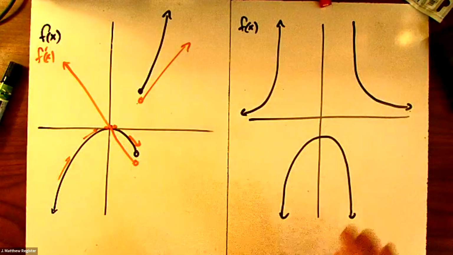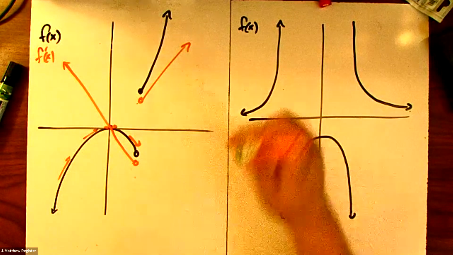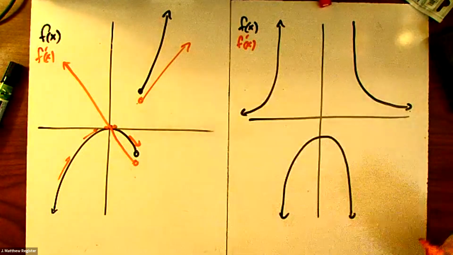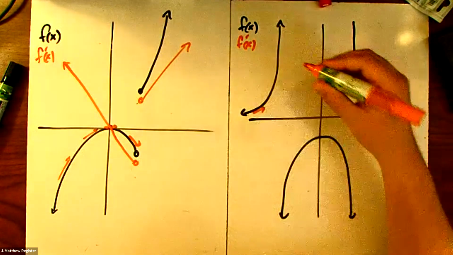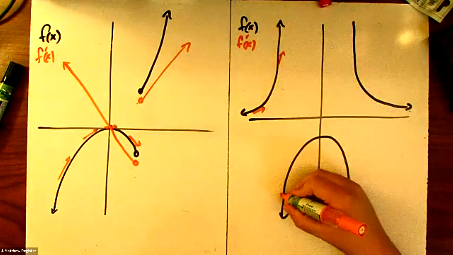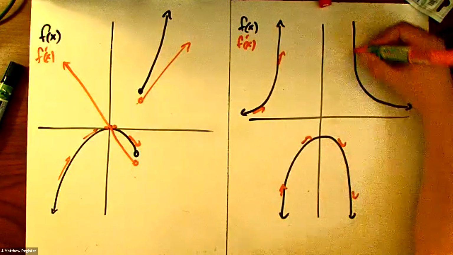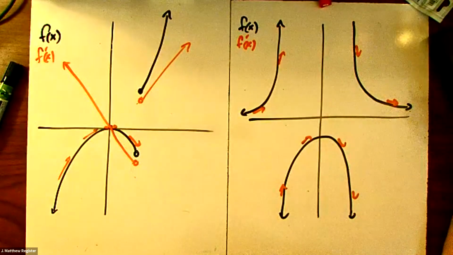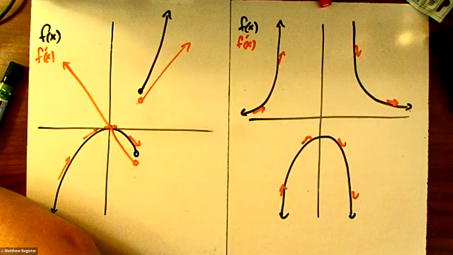And so if we wanted to figure out what the derivative function would be, what f prime of x is going to look like, we could do the same idea, just figure out what the slope is looking like at all of the different points. And sometimes it even helps to put a plus or minus sign just to make it clear. And so if we were to do a plus or minus sign on this,